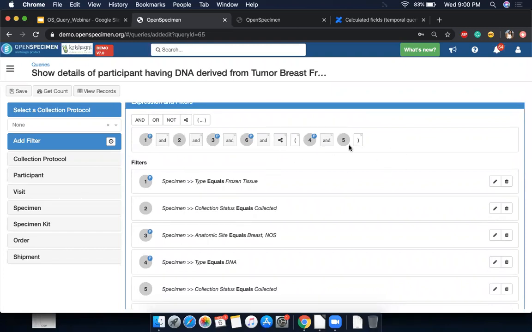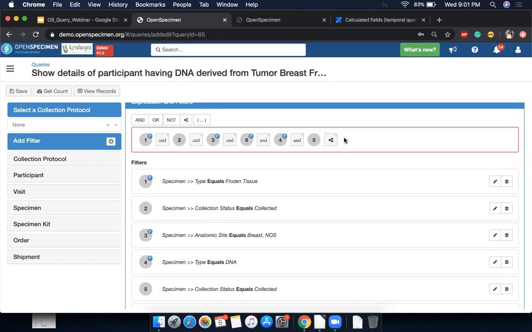So to combine the child condition, you can put parentheses. I'll just remove these and show you how to add that. The first steps are similar to the query that we created initially during the training. That is, you keep adding the filters. So you first add filters of all the parent conditions and then the child condition, and it will look like this. Now I need to add the hierarchical operator.